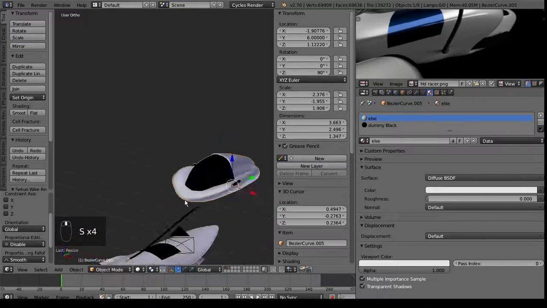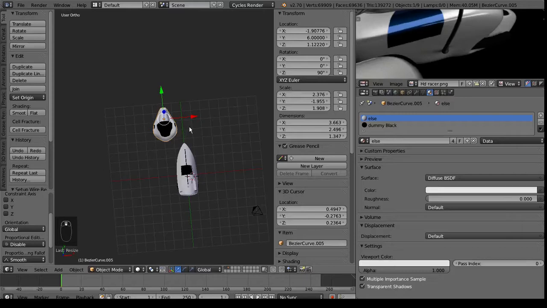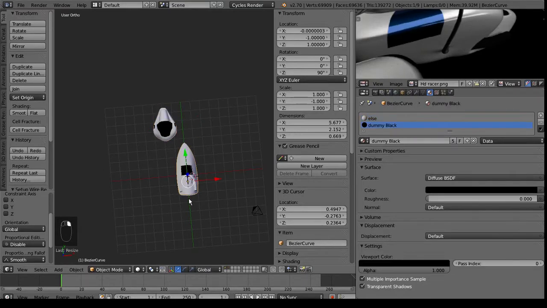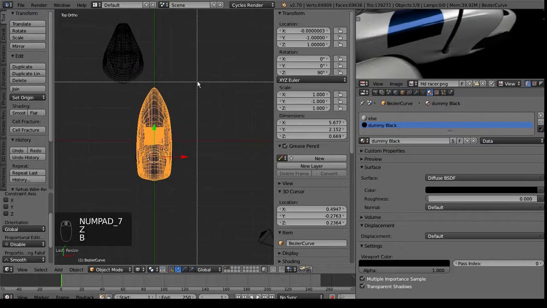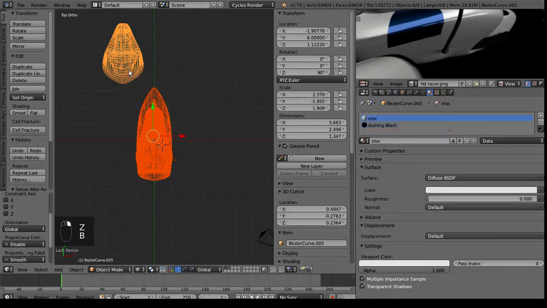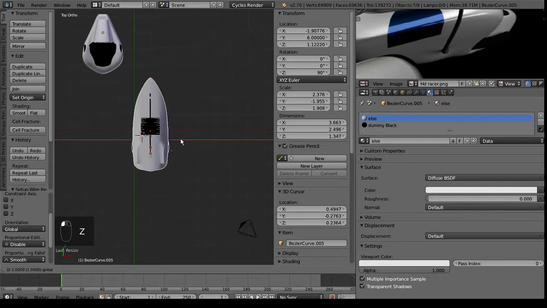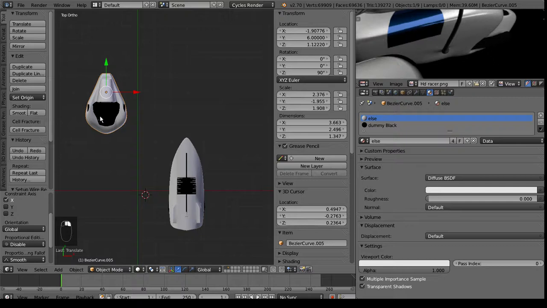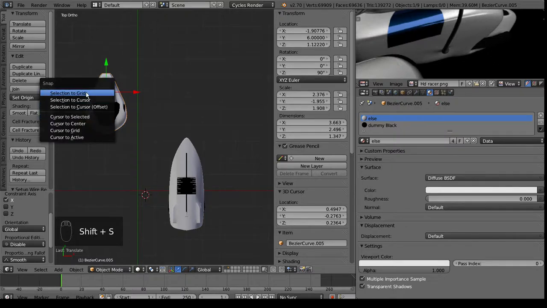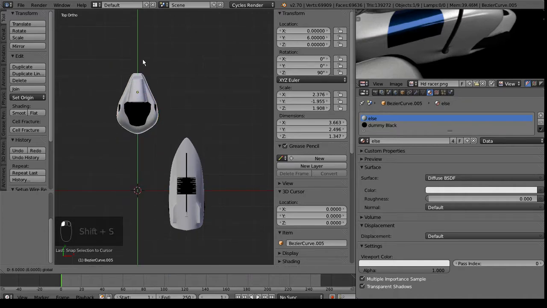Go for it. So, setting up this thruster, I think the first thing that we need to do is to move the thruster itself over. So I'm going to go into top view, go into Z, and box select all of it, not the car, and then control click and move it over about 2 clicks. Then we can Shift S, selection to cursor to center, Shift S, selection to cursor, and then we can line this up